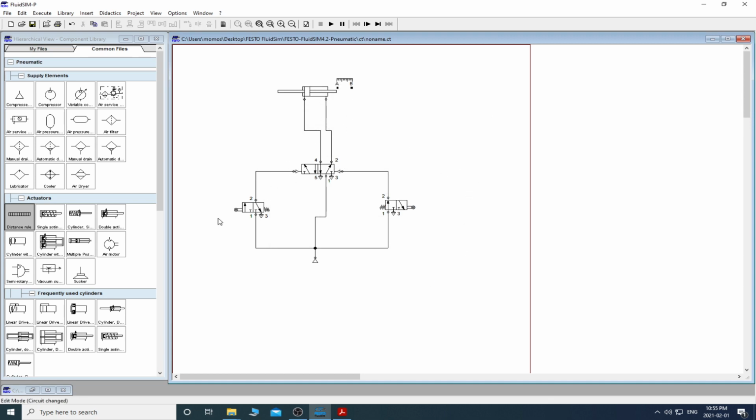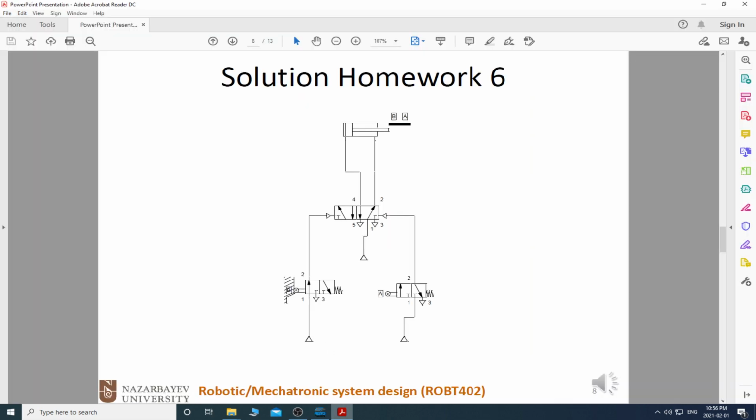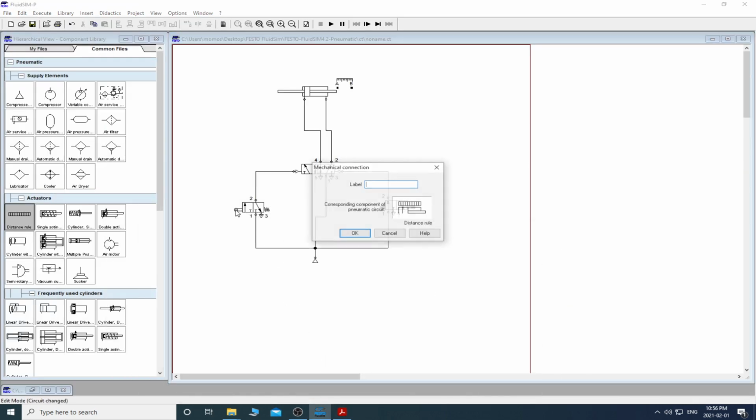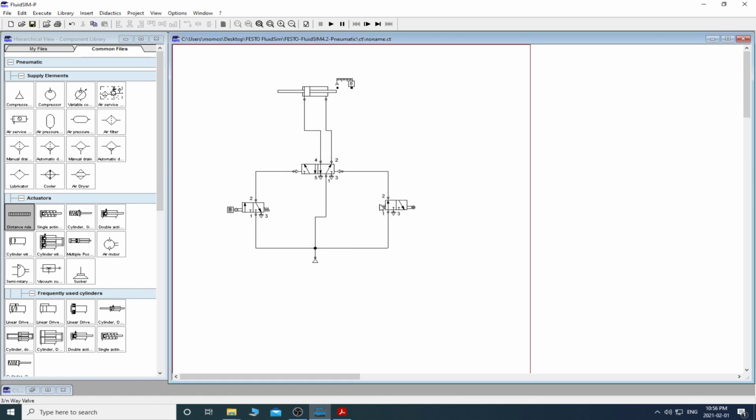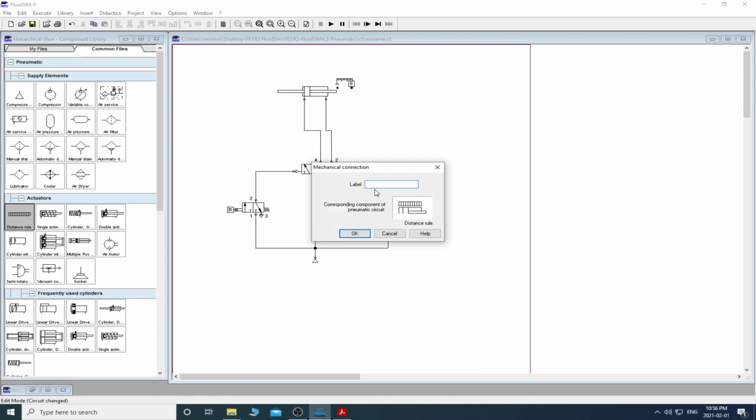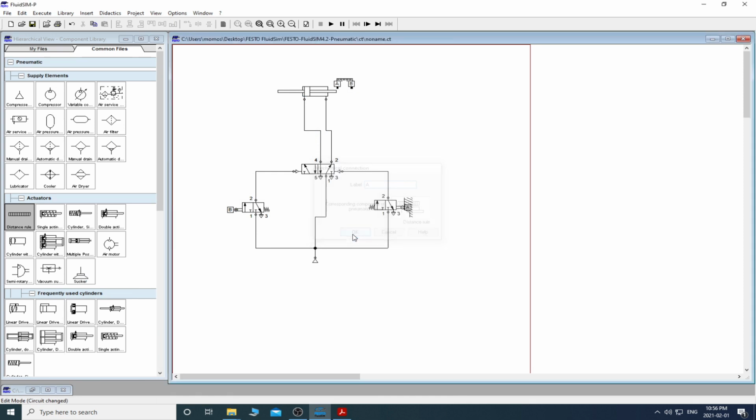Okay, almost done. Now we need to basically assign these sensors to these rollers. Okay, sensor A and sensor B. Okay, so based on the solution here, we have the sensor B here. Okay, and what is the reason? I will explain the reason later. Okay, so